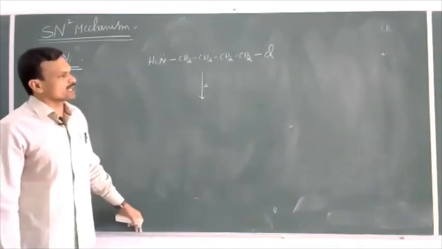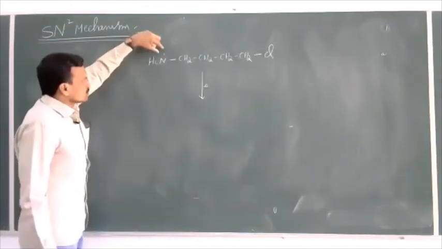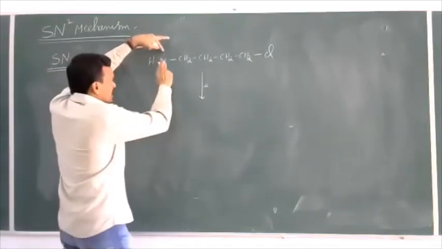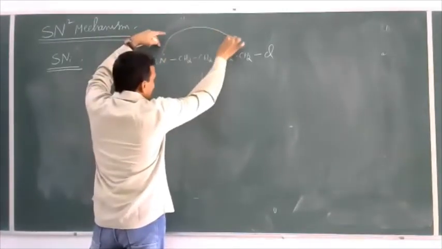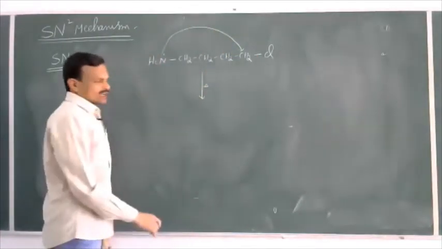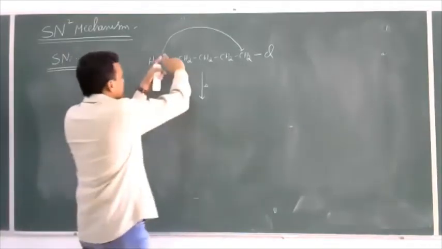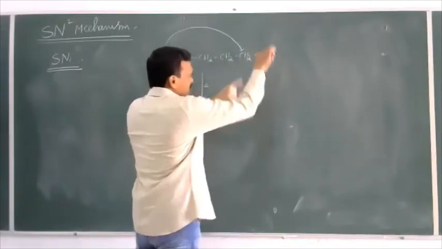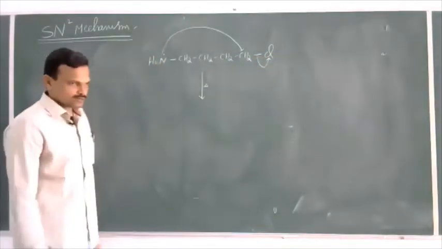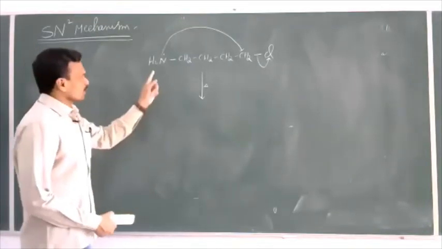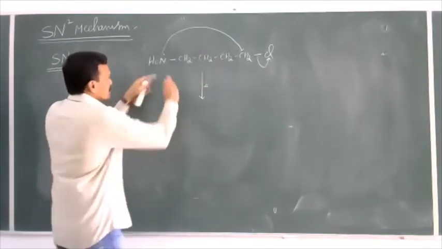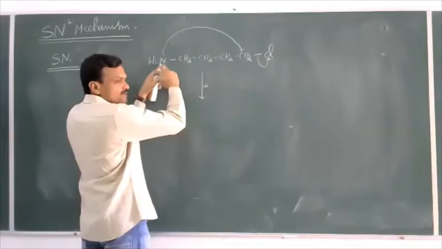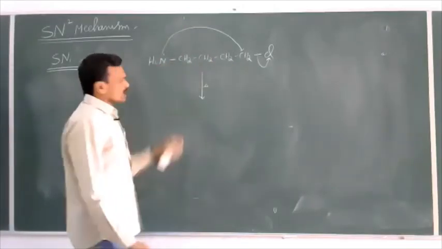Here we are not using any attacking reagent. Within this molecule, the NH2 group is a nucleophilic center. Now, this nitrogen attacks this carbon and donates its electron pair. Whenever this nitrogen donates its electron pair to this carbon, this electron pair is gained by chlorine and Cl minus gets separated. As a result, we get a 5-member ring structure. A ring structure is formed between the first carbon and this one. 1, 2, 3, 4, 5. A 5-member ring structure is formed. In that 5, 4 carbons and 1 nitrogen are present.